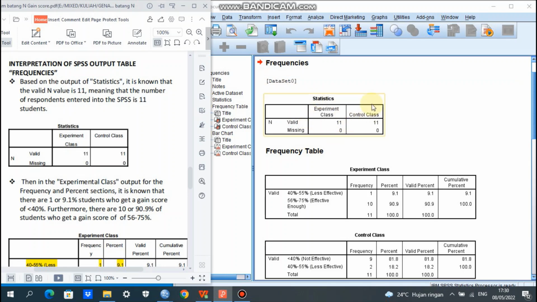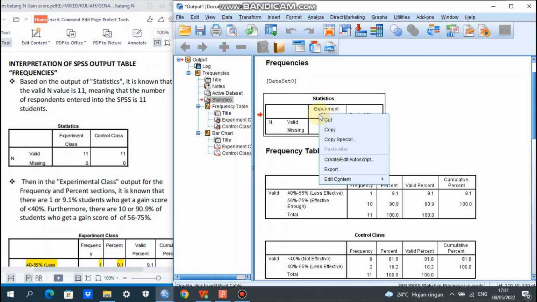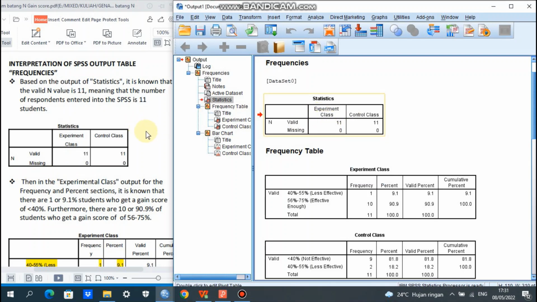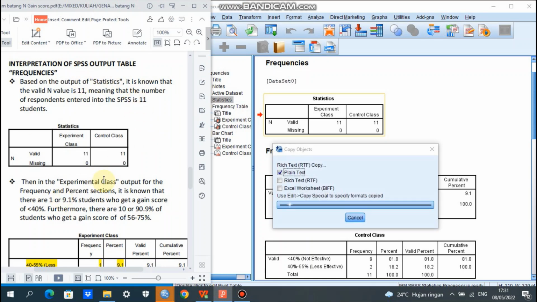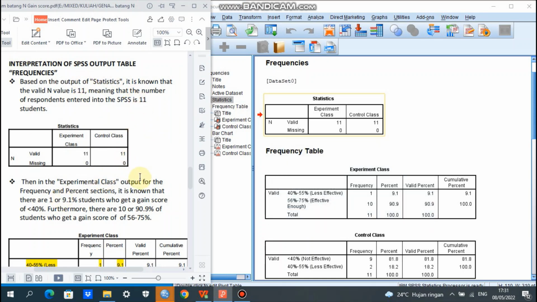So all of the 11 participants have their own score, so there is no missing. The missing is 0 here. So I just copy it, and you can also paste it here in your MS Word data.